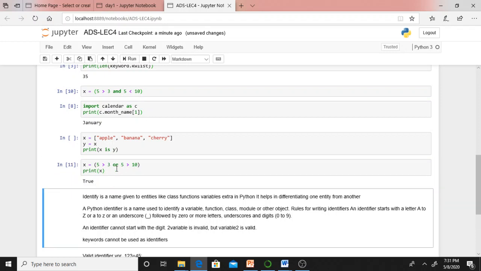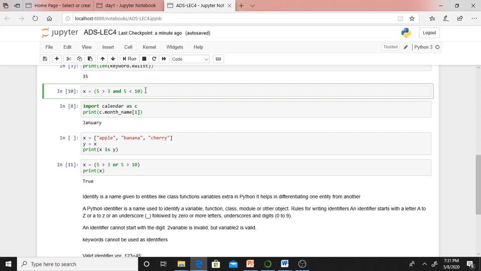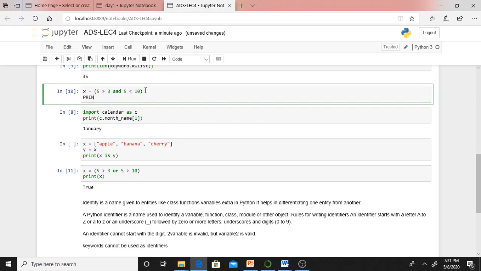Therefore, True and True. This one is or, isn't it? 5 greater than 3, is it true? True. 5 greater than 10, false. True or False? True. That's why you are getting True, isn't it? Here I must print this one. I just forgot to write this. Let me write it. I must print that one, isn't it? Print